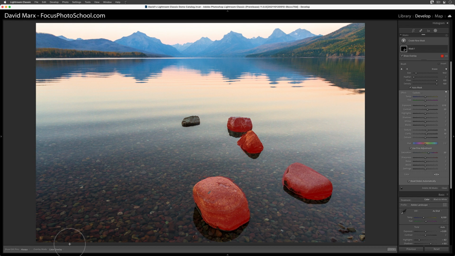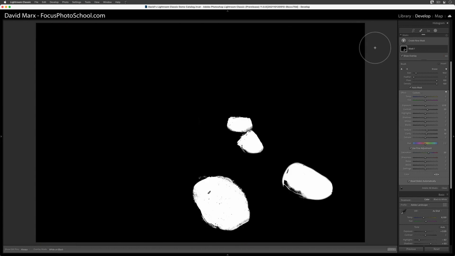Anyway, at the bottom of this menu, there's an option that says white on black. When I activate this overlay mode, we can truly see the mask that we have been building using Adobe Photoshop's visual language. When you're looking at a mask like this, you need to understand that in Photoshop's vocabulary, white and black are symbolic colors. On a mask, the white areas reveal the change that this layer makes, and the black areas block those changes away. A common refrain is that on a mask, the white areas reveal and the black areas conceal the changes that this layer calls for.